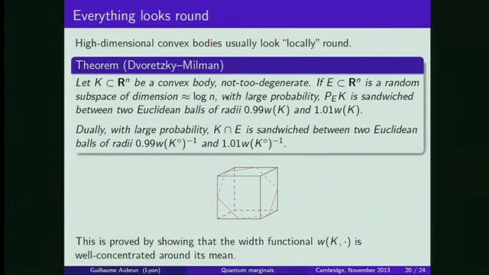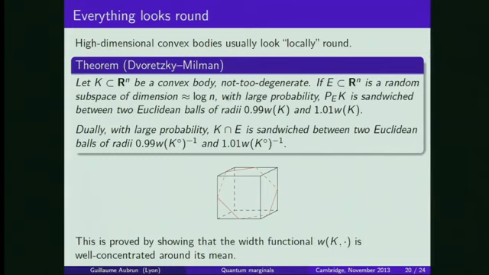So let me state it this way. Here it's in the Milman formulation of Dvoretzky's theorem. Let K be a convex body in R^n, and there is this assumption that K is not too degenerate. This is technical, but let me just say that you can always reduce to this situation by applying some well-chosen affine transformation. So you can always put every convex body in this not too degenerate position. So assume this holds. Then if you look at the projection of K onto a subspace of dimension